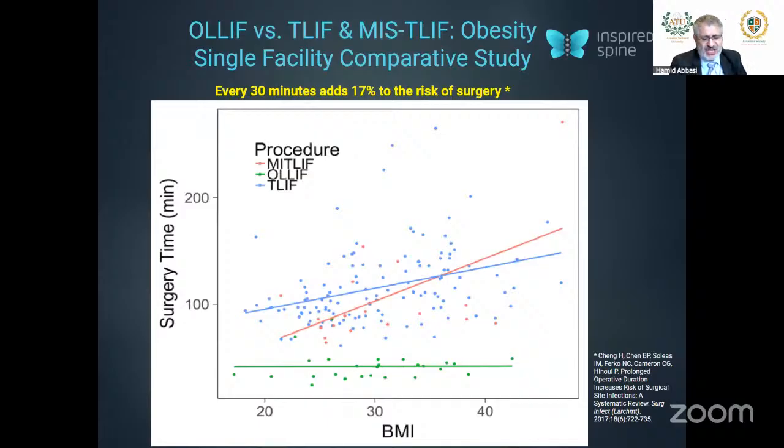Bleeding, infection, hospital stay, return to surgery, all go with this line. MIST-LIF, it's a good surgery in the experienced hand. It is